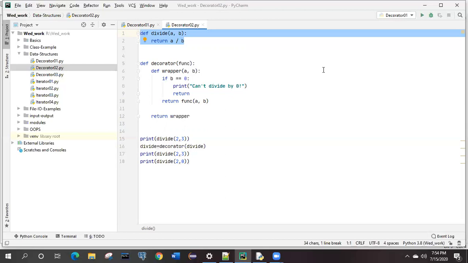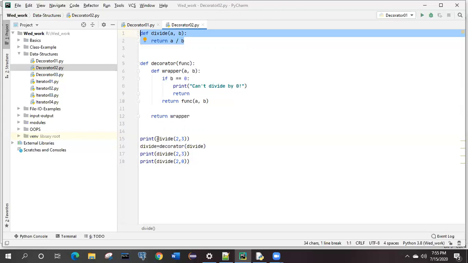So how to deal with that one? We already know that by making use of exceptions, we can raise an exception, right? But here we are talking about decorators. We are not going to deal with exceptions. Exception is at its own place. We are now dealing with decorators. How can we check it out?